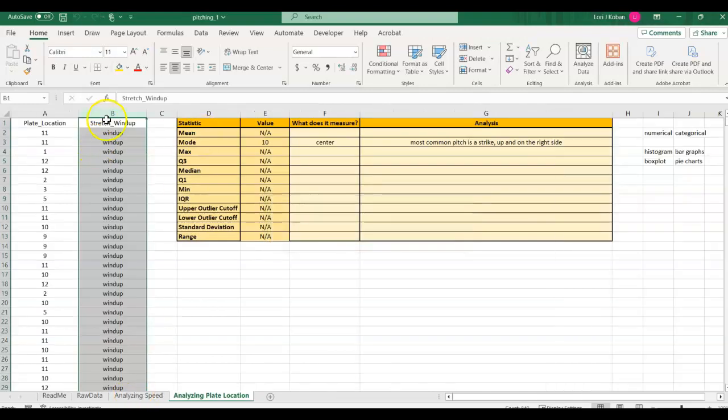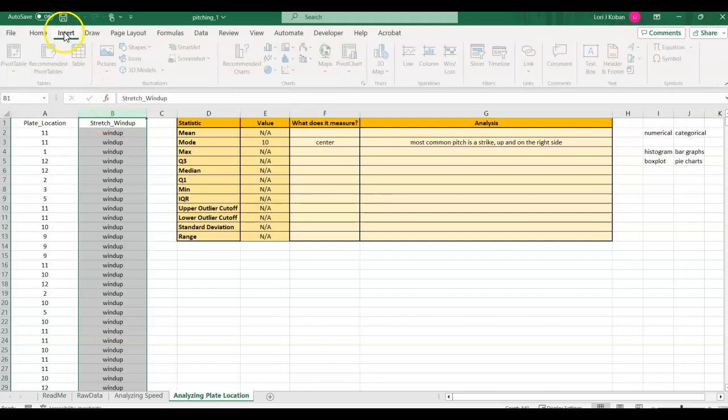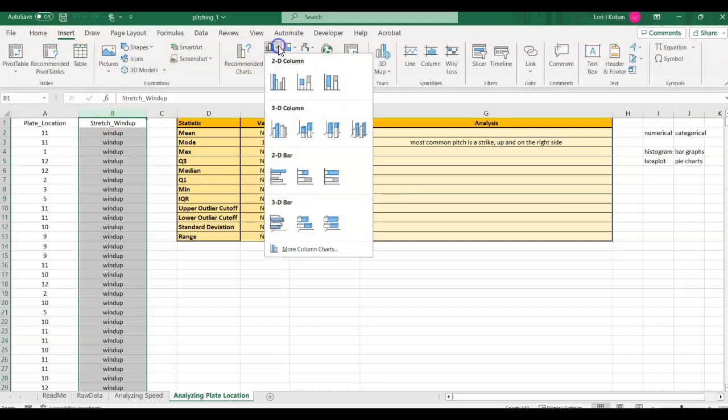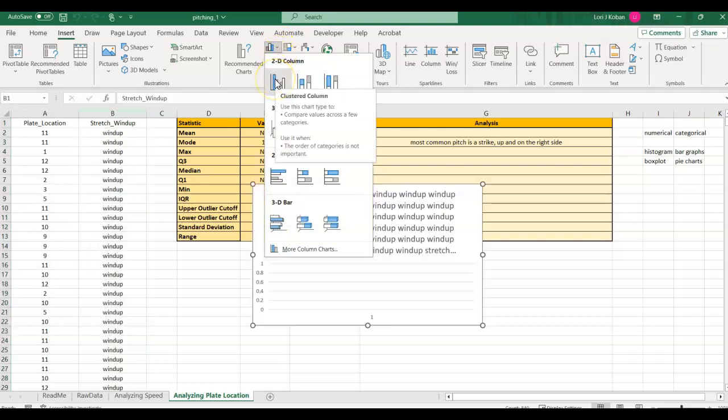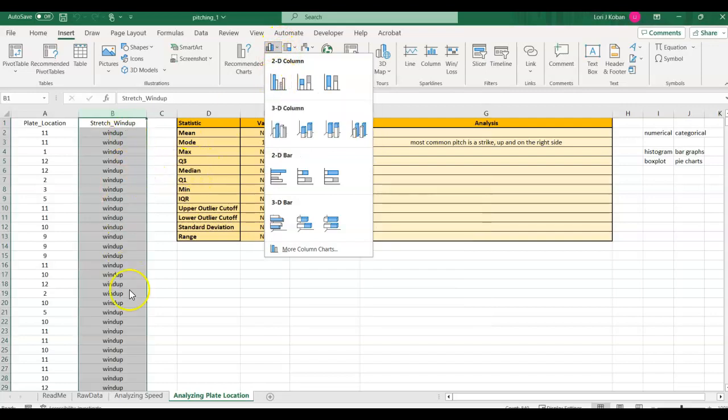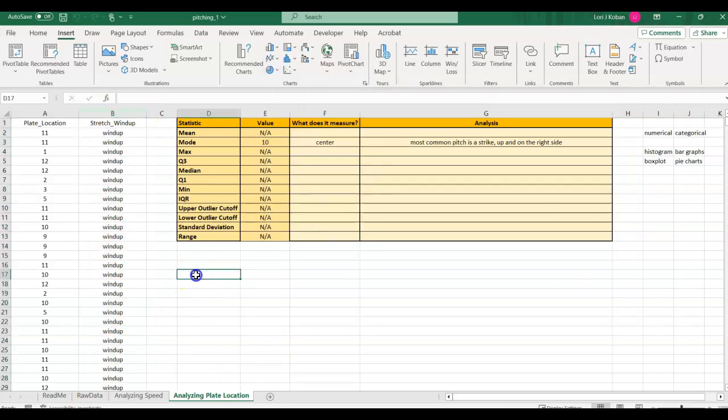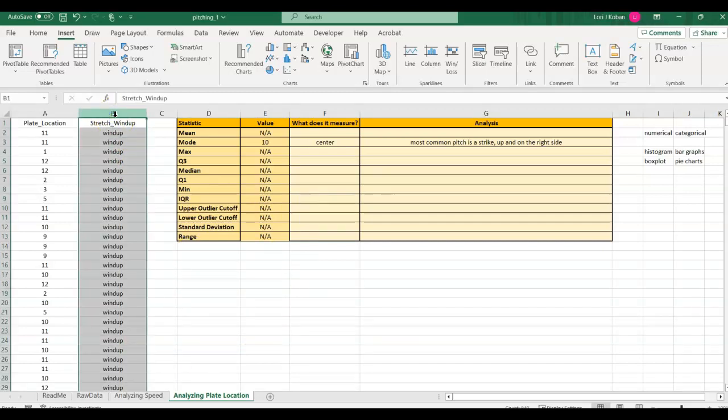Okay, I'm going to go back to analyzing the stretch windup. So if I wanted to insert a bar graph, it should have a column for each, but unlike with the continuous data, Excel doesn't want to see the categorical data like this. It wants to see something like, for the windup, there was 100 pitches. From the stretch, there was 300 pitches. It wants that sort of format. So what I'm going to do, we can get that. You can use this recommended chart thing, but it all happens so quickly,